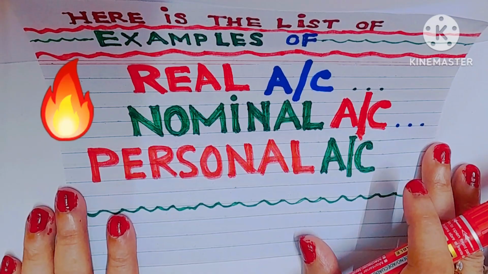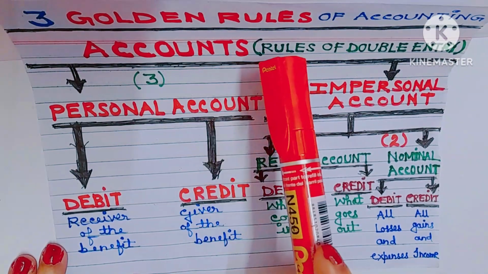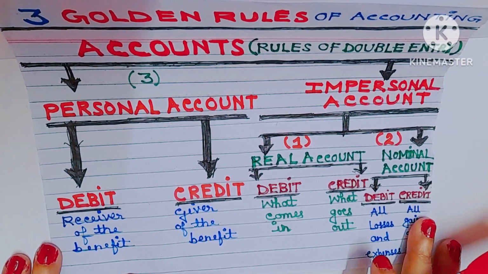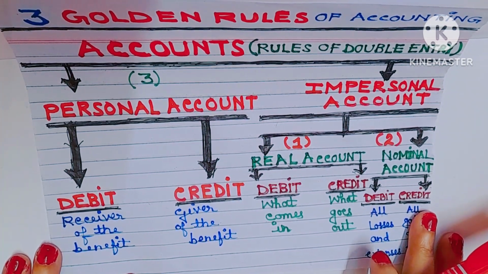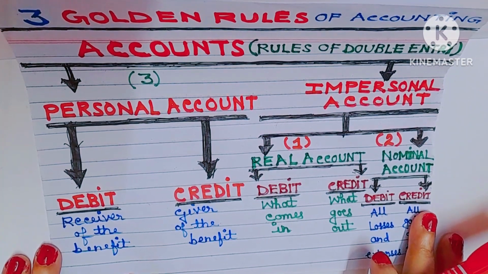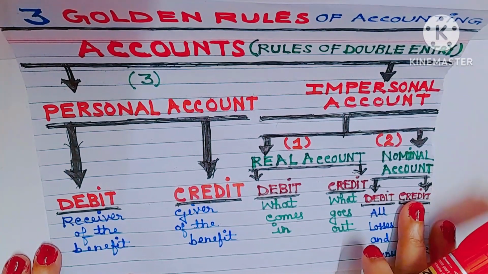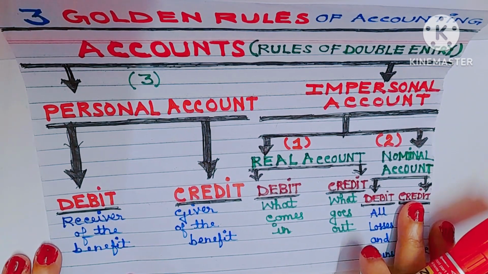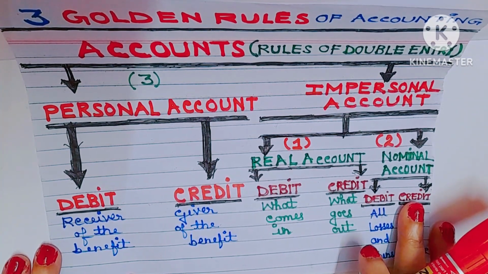So these are the 3 golden rules of accounting. In accounting, 3 golden rules form the basis of accounting. These 3 golden rules help in identifying which account to debit and which account to credit. According to these 3 rules, we determine the type of account for each transaction. This is the dual entry or double entry accounting system. The 3 golden rules of accounting ensure that transactions are recorded in a systematic manner in journal.